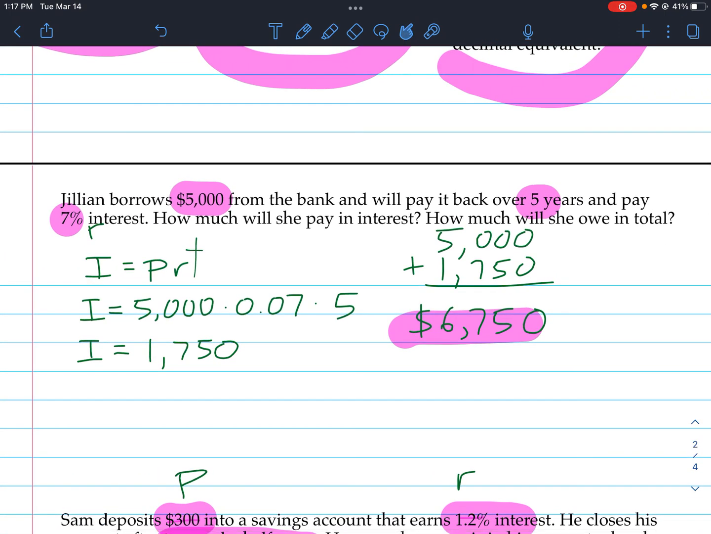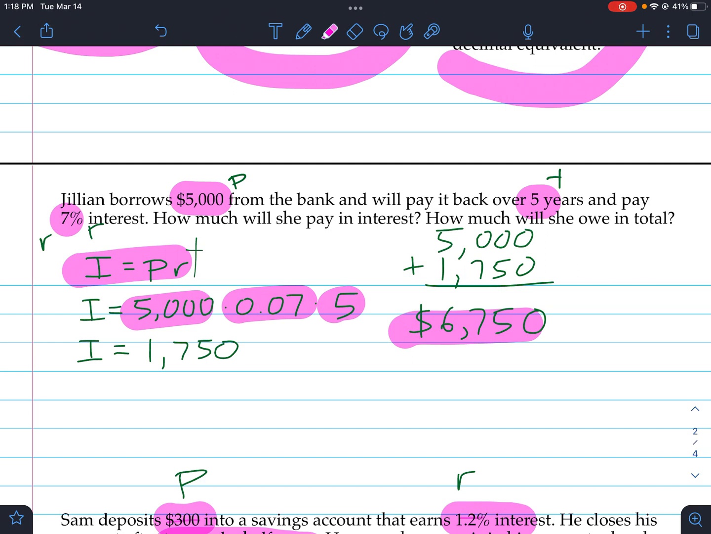So Jillian borrows $5,000 from the bank, and she will pay it back over 5 years and pay 7% interest. How much will she owe in total? Well, the $5,000 is the principal. 5 years, of course, is the time, and the 7% is the rate. So we start with the formula, I = PRT. We substitute 5,000 for principal. We turn 7% into the decimal 0.07 for the rate, and the time is 5 years. We multiply all three of those, and we find the interest is $1,750. And since she's paying that back, you have to add that to the principal. So 5,000 plus 1,750,